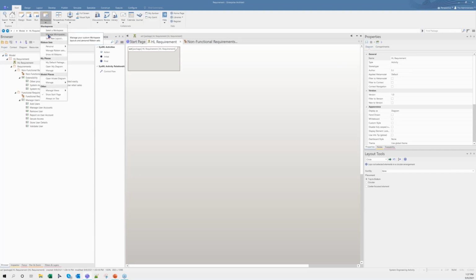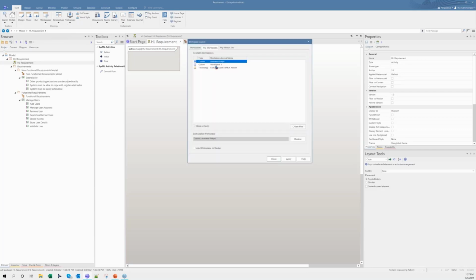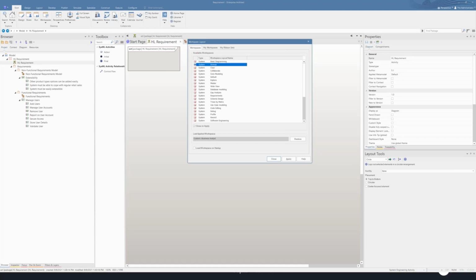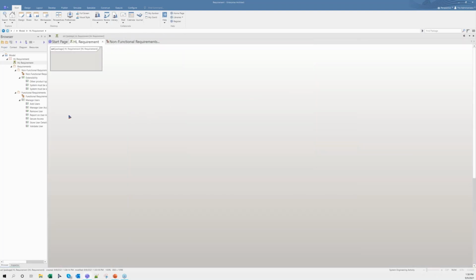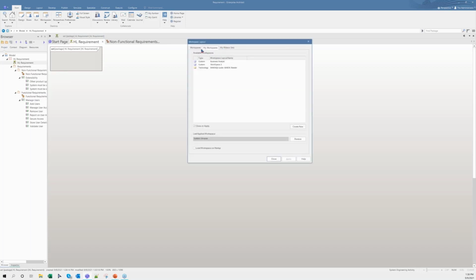Getting back to the workspace menu, there is a custom workspace and some default workspaces. If I select one of these, you can see I lost many of the options over here. If I want to shift to another workspace, I have to select this drop down and get back to the workspace window.